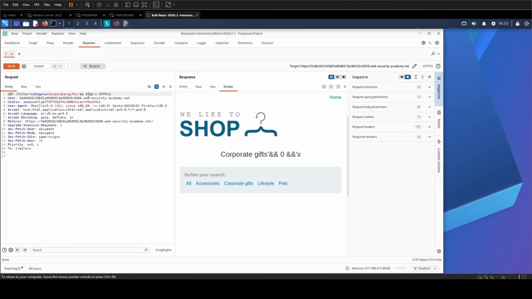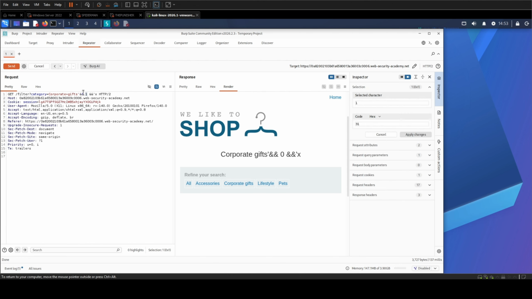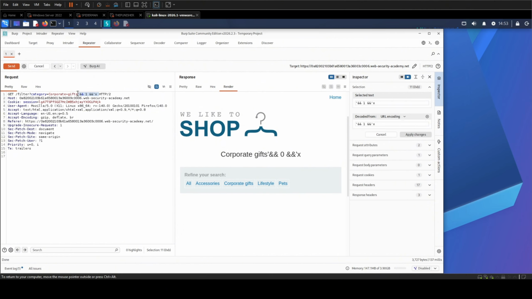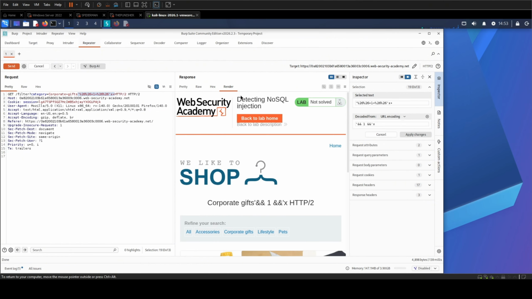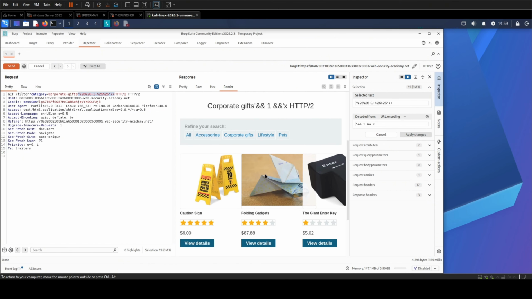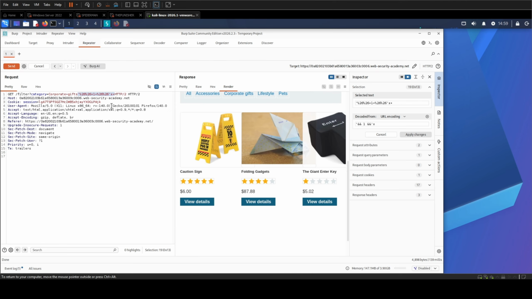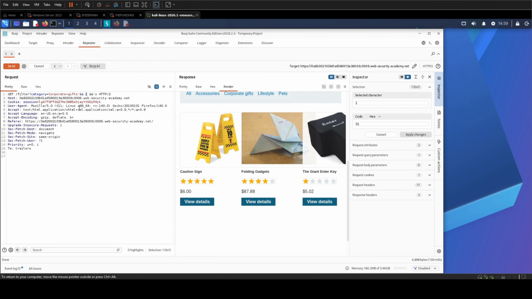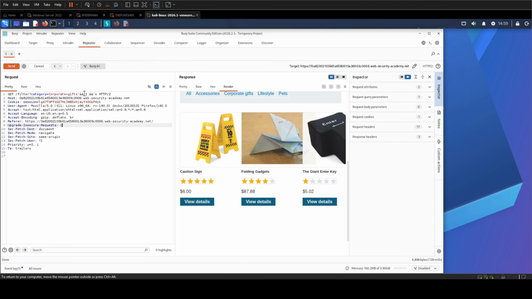Now I'll flip just that 0 to a 1. 1 is true. Everything else stays put. Gifts, single quote, ampersand ampersand, 1, ampersand ampersand, single quote, x. Control-U, send. And the gifts products are back. 3 of them. So watch what happened. Same structure, 1 digit changed, and the response flipped from empty to 3. We're driving now. What we type decides what comes back.